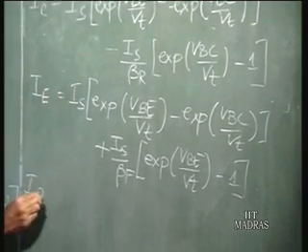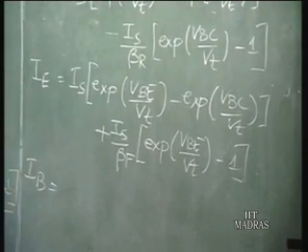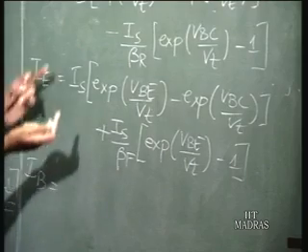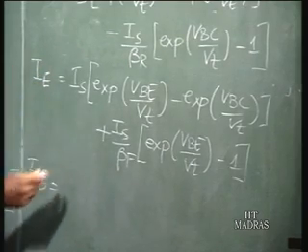And IB, which is nothing but the difference of IE and IC, is given by